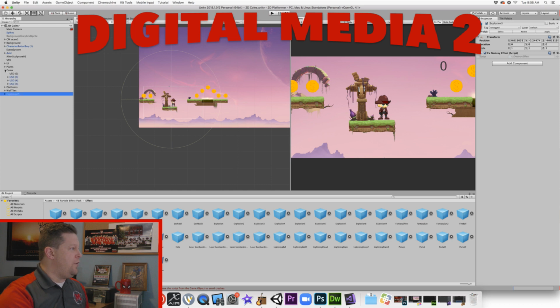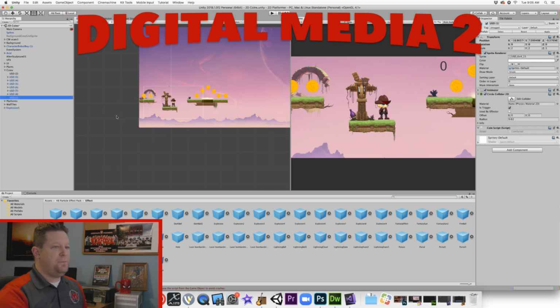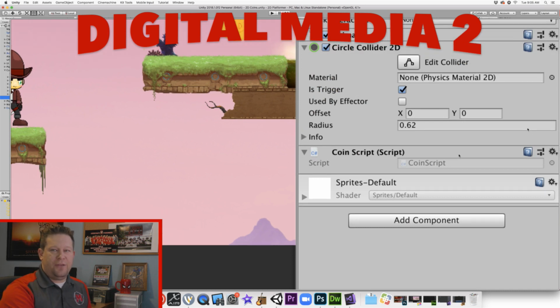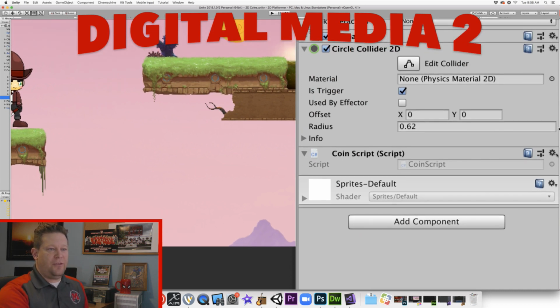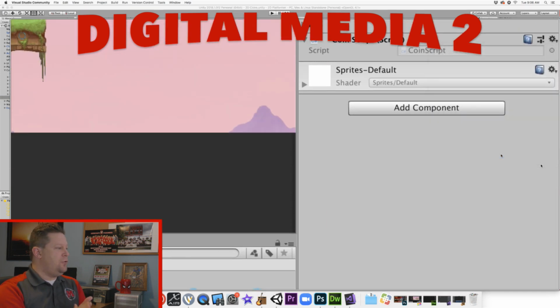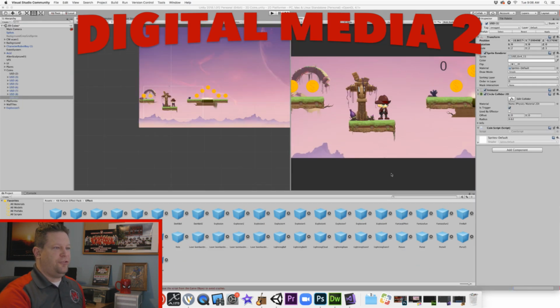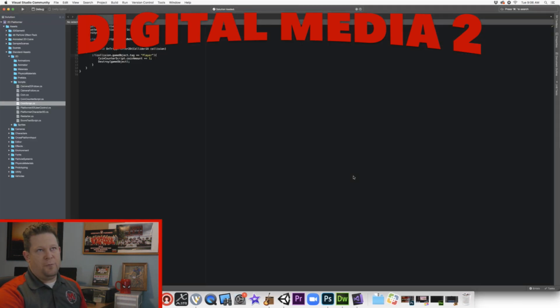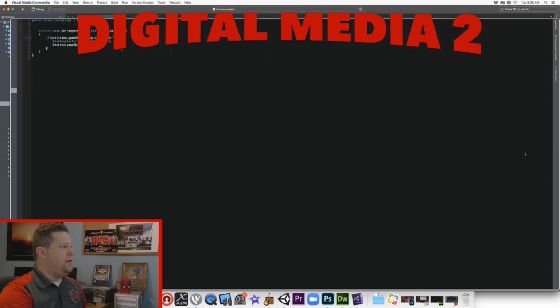So I'm going to head to one of the coins, click on that. And as we know from the tutorial the other day, we've got a coin script on there. With that coin script, I can go in and edit it, which is what we're going to do. That's going to bring up Visual Studio or whatever editor you're working with, whether it's Dreamweaver, Atom, whatever you were able to get your hands on while we're away from school. So as we look at the code real quick,